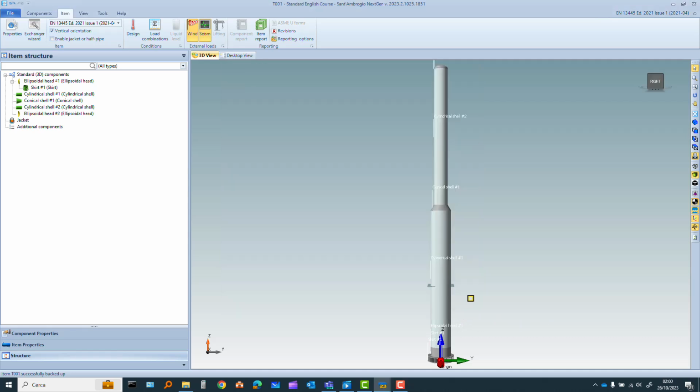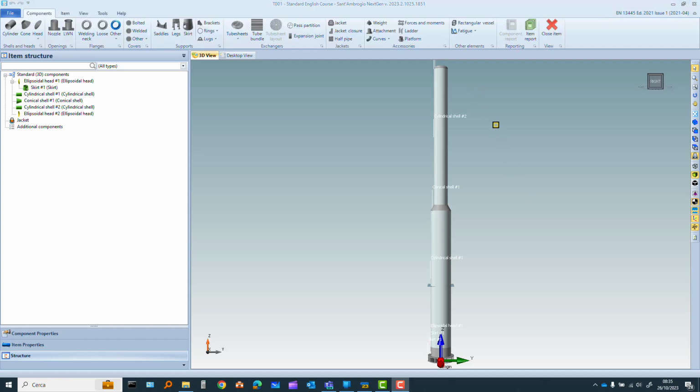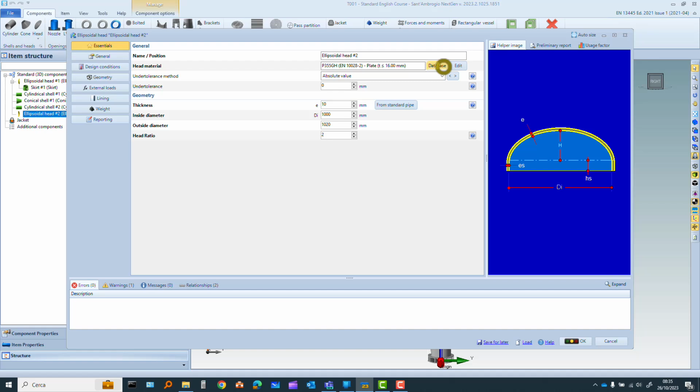Now we close this and we start examining our column component by component. First of all, we take the upper head here, we open it, thickness 10 millimeter, inside diameter 1 meter, head ratio is 2,